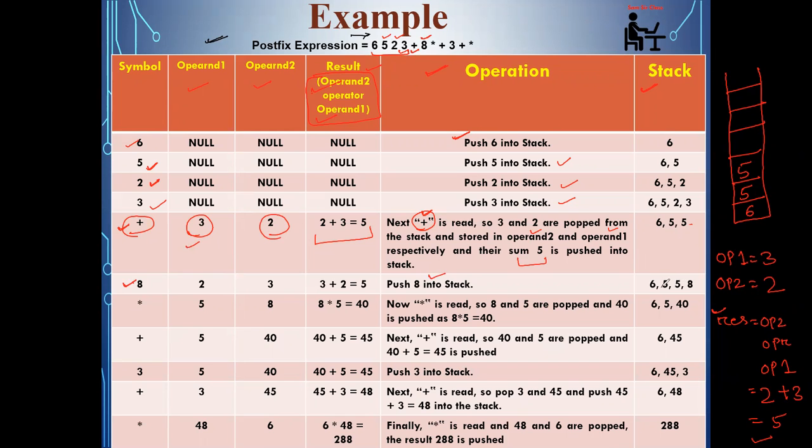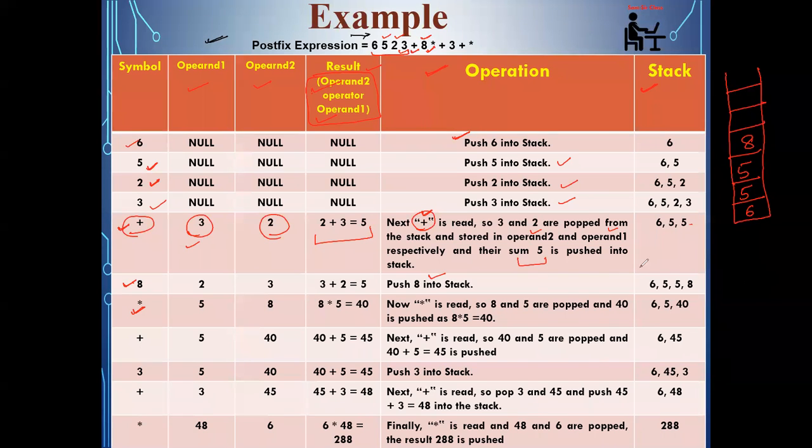Okay. So what you are doing here? Now 6, 5, 5, 8. Okay. Simple. Nothing new. Now after the 8, you are encountering multiplication. So whenever multiplication you will encounter, again you have to follow this particular procedure. So let me erase this one and we'll do once again the same procedure and we'll check what result we are getting.